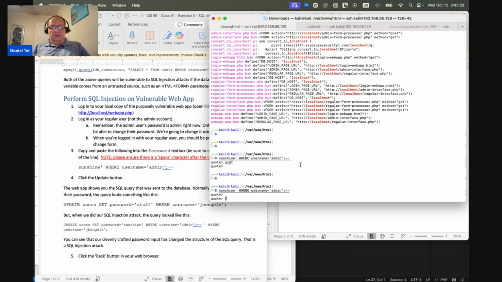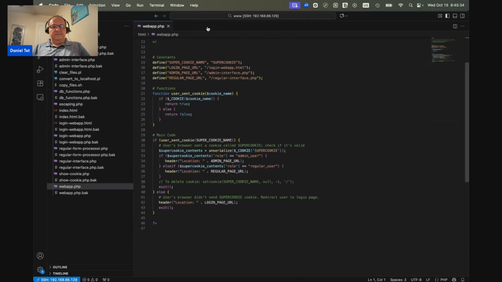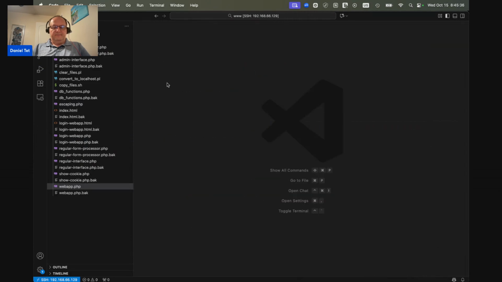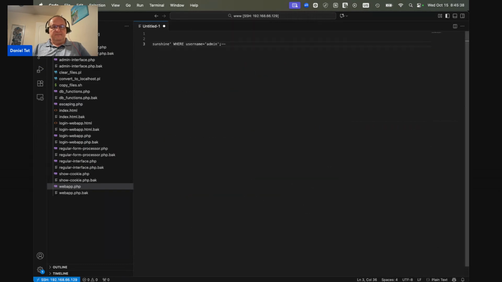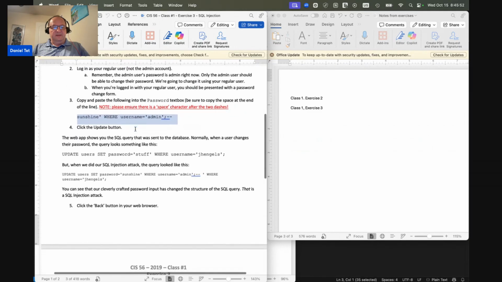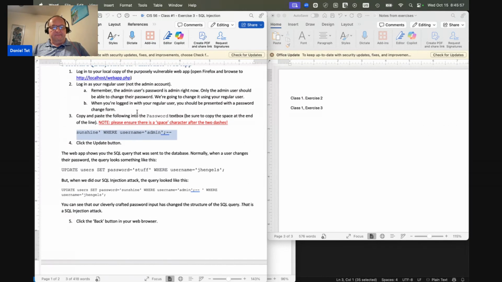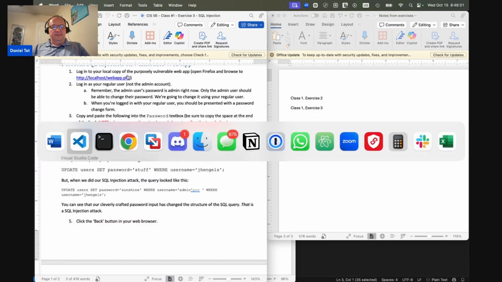I'm copying and pasting it into a text window just so I can make sure I get the proper syntax and all the right quotes, and copying from Word doesn't mess with my copying and pasting. So we're going to go to the web app in our browser,